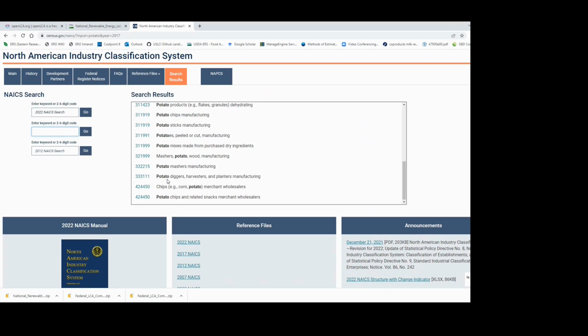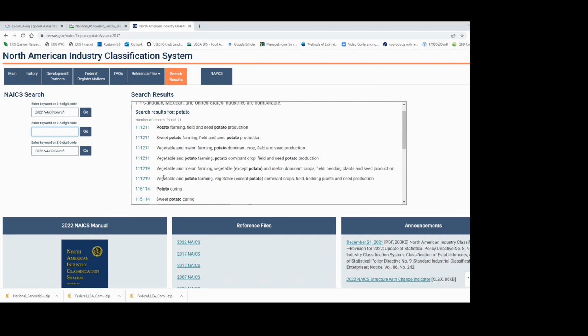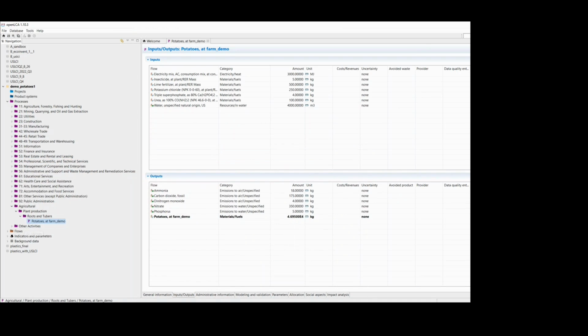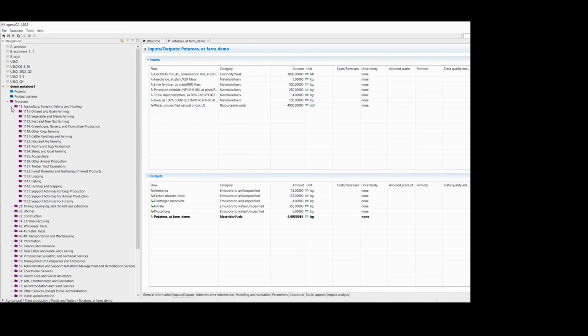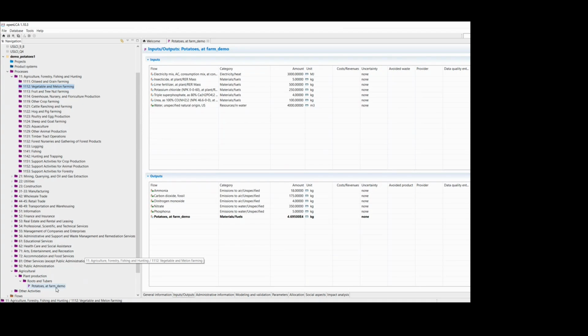Most of these at the bottom are processed potatoes, so that we know that we want one of these potato farming groups. I think 111211 would be the best fit for potato farming, since there's no post-processing. So we'll go into folder 11, and then we will go into 1112. We can just go ahead and drag and drop our potatoes up there.